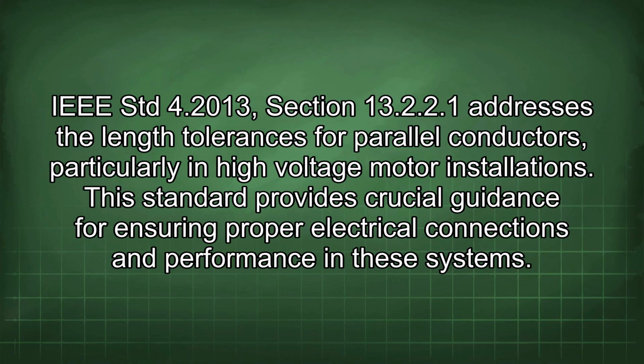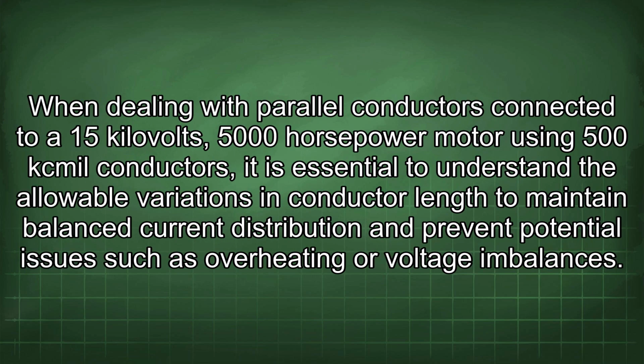IEEE Std 4.2013, Section 13.2.2.1 addresses the length tolerances for parallel conductors, particularly in high-voltage motor installations. This standard provides crucial guidance for ensuring proper electrical connections and performance in these systems. When dealing with parallel conductors connected to a 15 kV, 5000 horsepower motor using 500 kcmil conductors, it is essential to understand the allowable variations in conductor length to maintain balanced current distribution and prevent potential issues such as